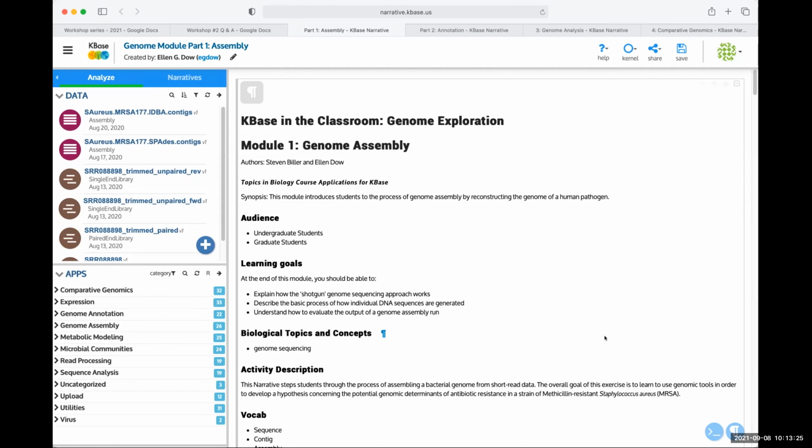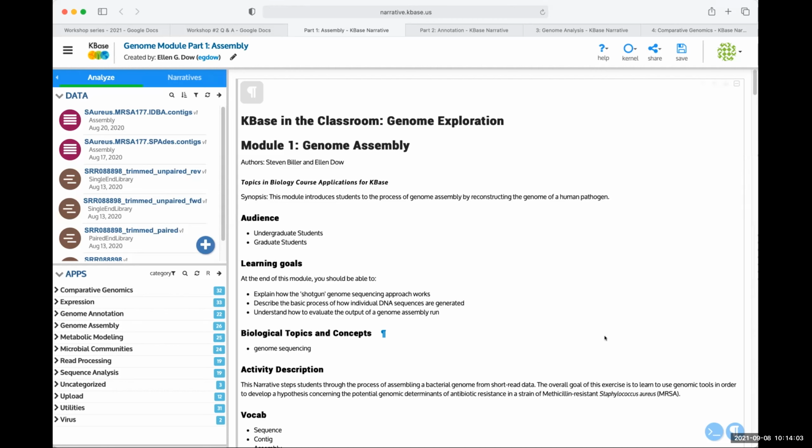So for my advanced course, I use a version of this where the students are running more of the analyses on their own, and I give them a little more freedom to explore and analyze their own data after they've gone through this type of narrative example. In the 200 level genetics class, we only had 2.5 hours. So we really focused more on interpreting the data rather than running the analyses. So I left this module with pre-filled results that had already been computed,